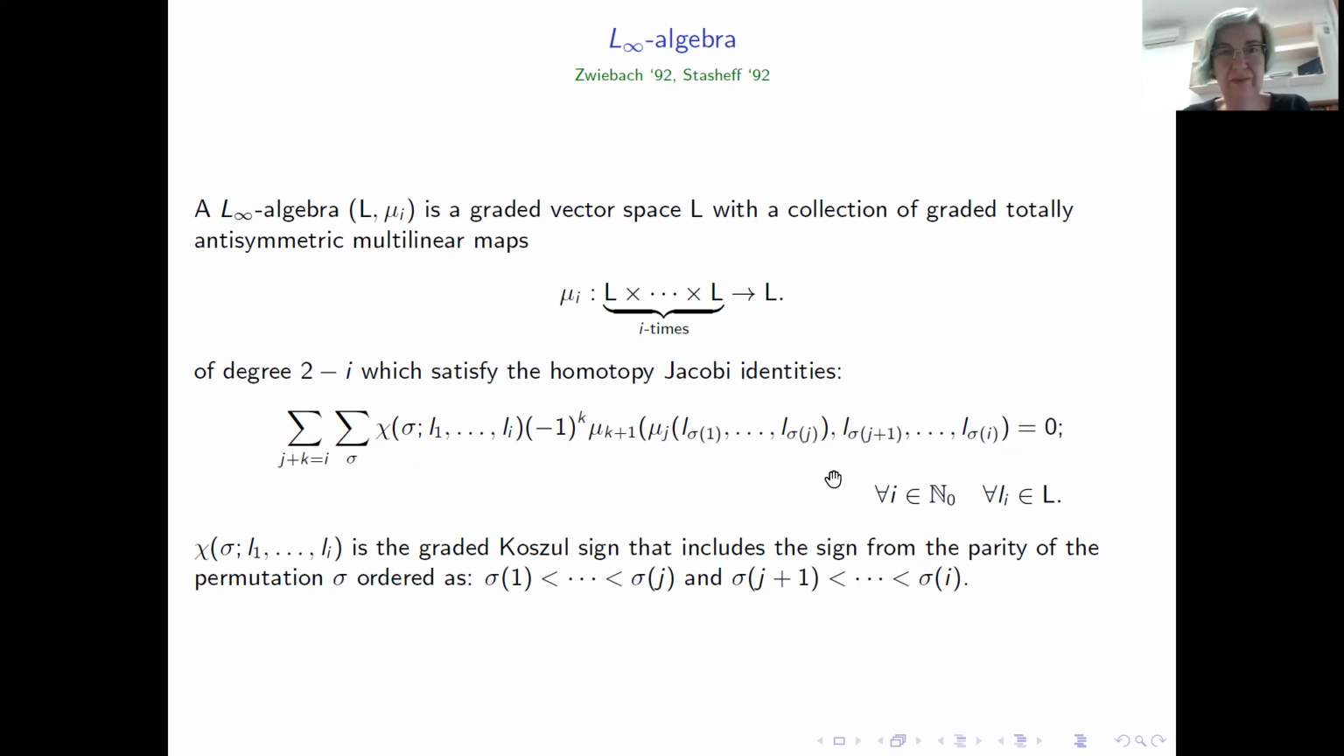convention. So be sure when you are working with L-infinity algebras that you are sure about which convention you are using, because this bunch of signs are usually different in different conventions, and then you need to be careful when comparing. In any case, an L-infinity algebra is just a graded vector space and a bunch of multilinear antisymmetric graded maps, which satisfy this